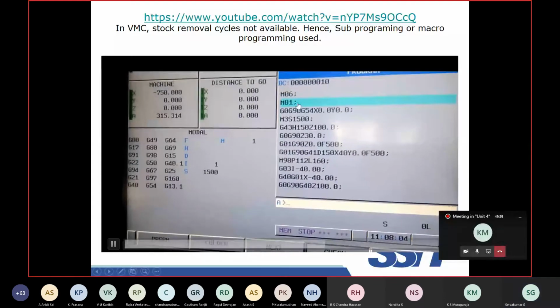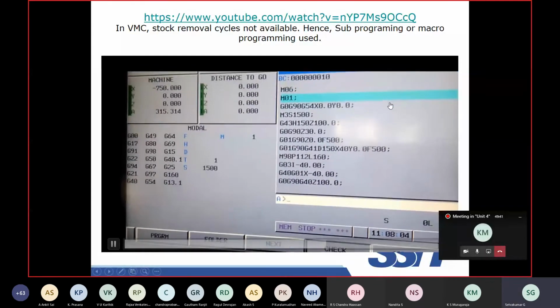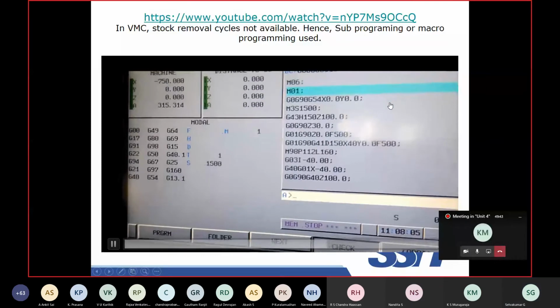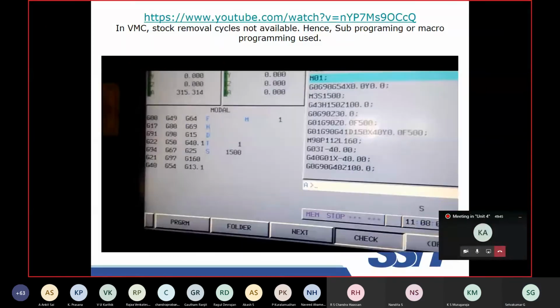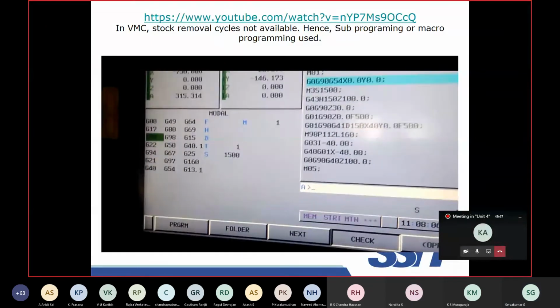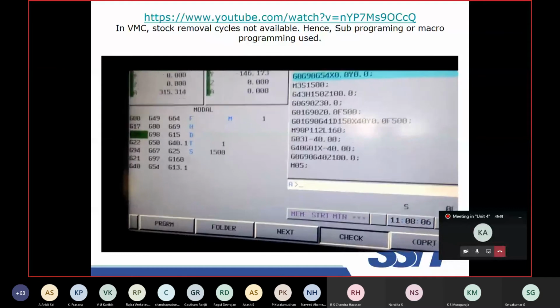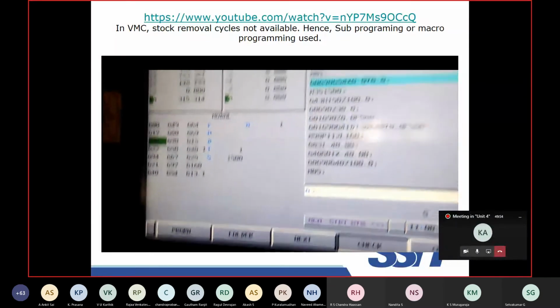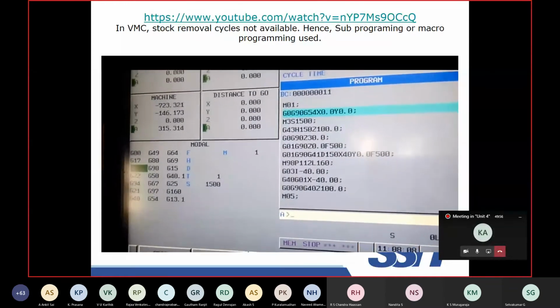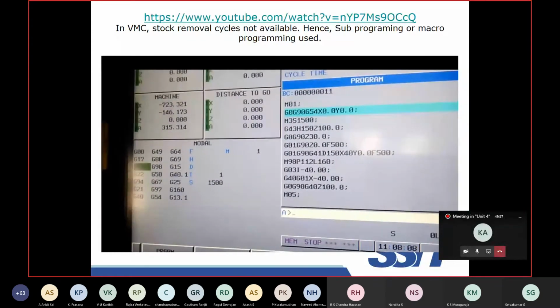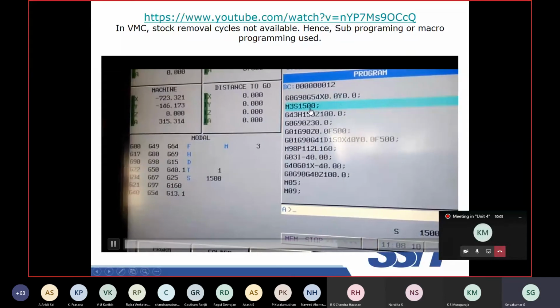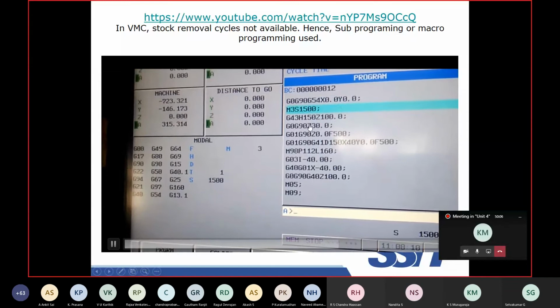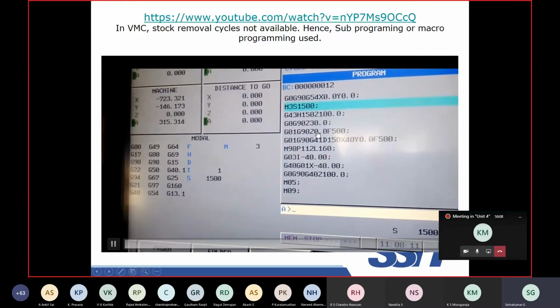This line is in execution. It will rotate.